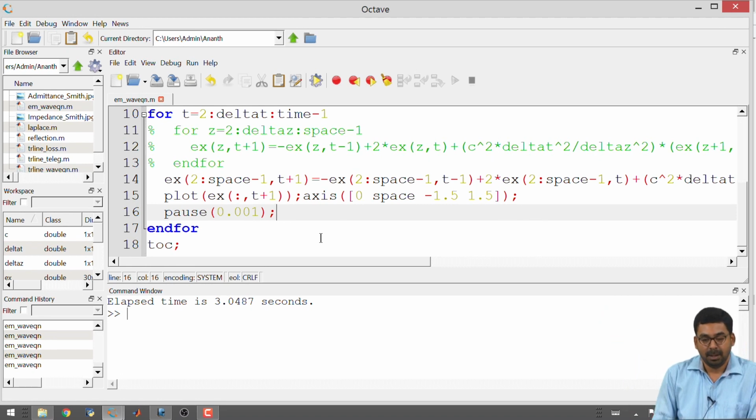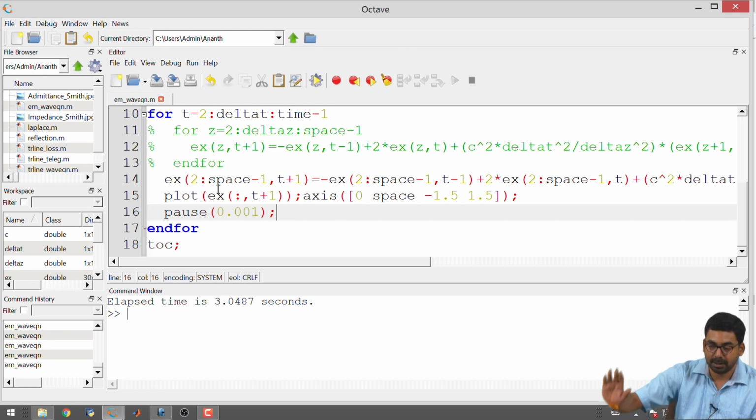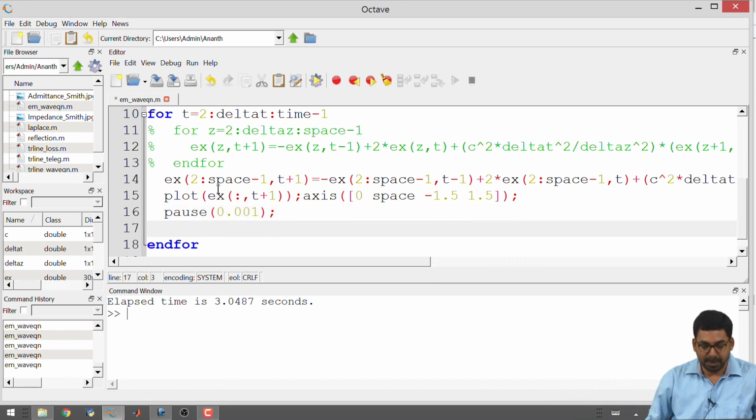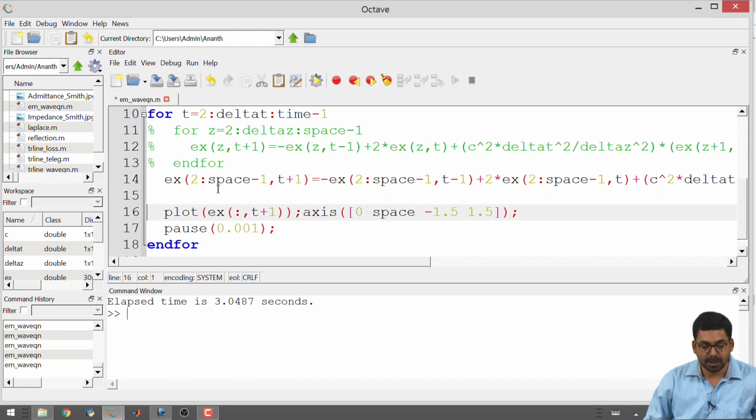Can we make a wave disappear from the simulation region from one side to another side without it coming back? This needs a little bit of imagination. So, since we are concerned only about the point at the right extreme, we can write down a piece of code that looks like this, and then try to analyze what it is actually doing.